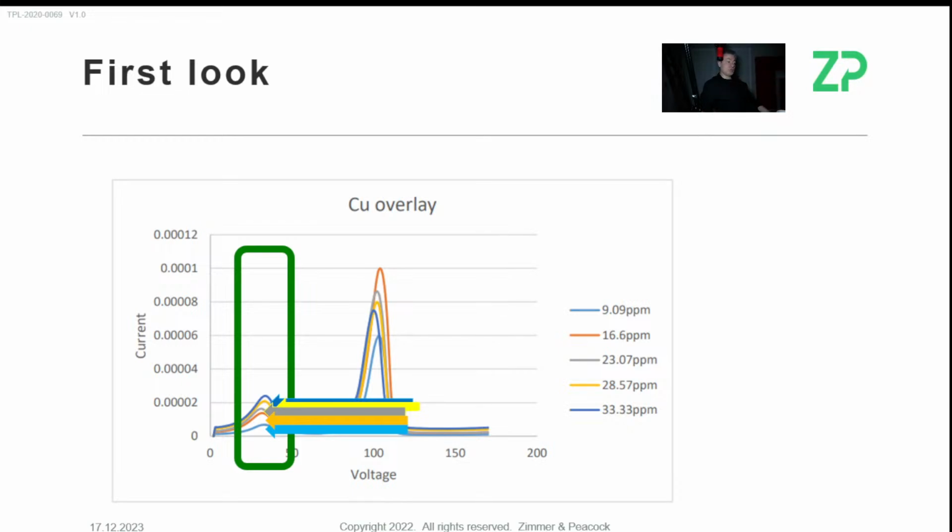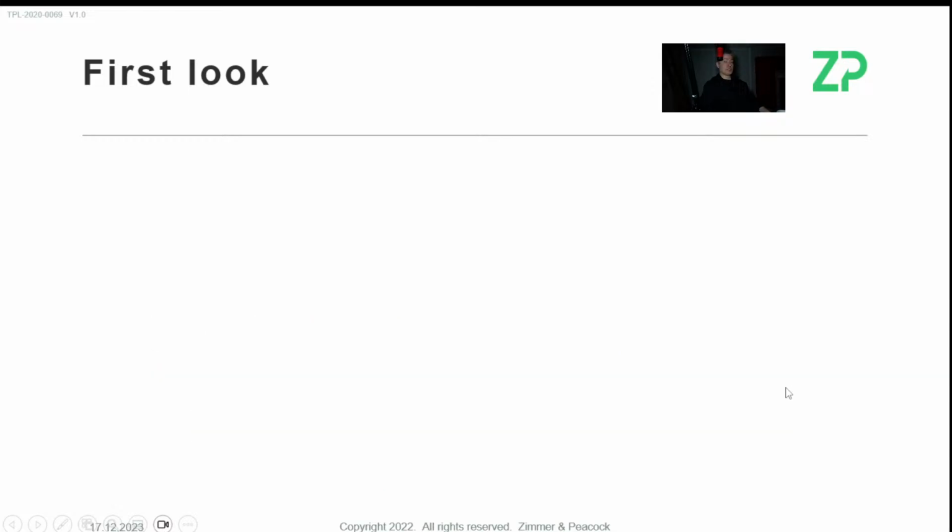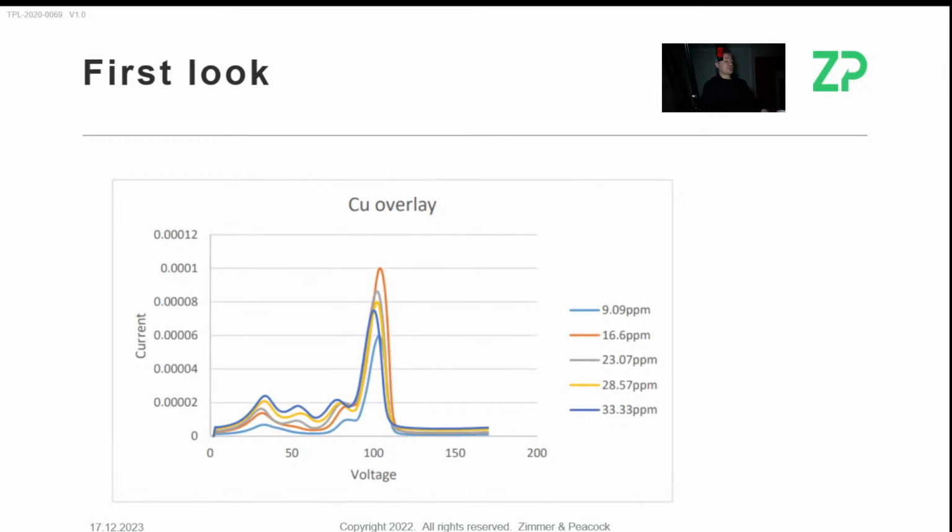But I do understand that you want to understand a little bit more about what's actually happening here, so I'll give you my pragmatic opinion, but now I'll also dig into it a little bit more. It's interesting to see that this relationship between lowest to highest concentration is also preserved in peak 2. So peak 1 and peak 2 are telling me that signal tracks copper concentration. When we go to peak 3, I should label these up, but I'll call this peak 3 here.